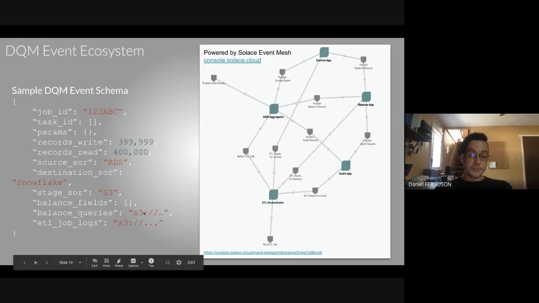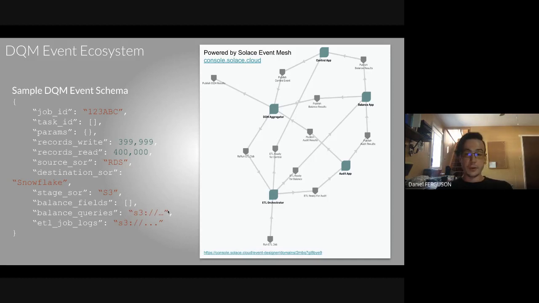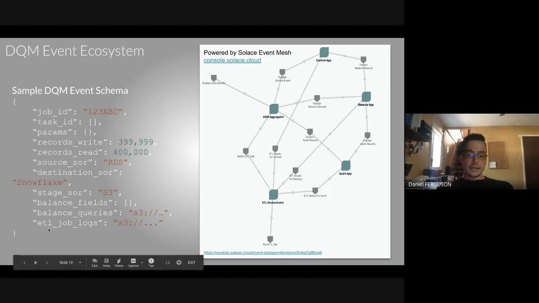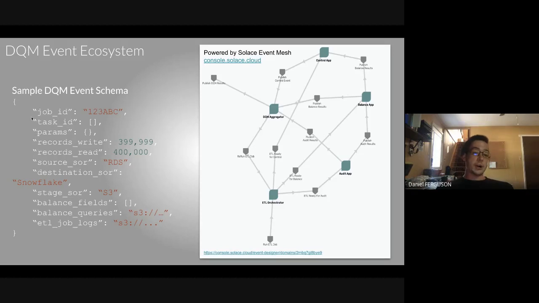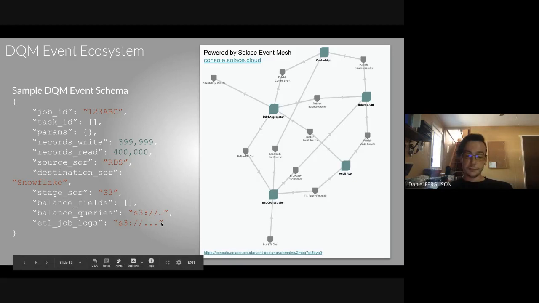You can point to balance queries for a specific set of queries that you want to balance on. This allows you to potentially even have source controlled balance queries later on down the line, where you can update your queries and keep track of versioned queries as your DQM jobs grow and get more complicated. And then, of course, logging, if you're interested in keeping your logging data for your ETL job. This may be important, and this may actually offload a lot of work in your audit and balance jobs if your logging is verbose enough.